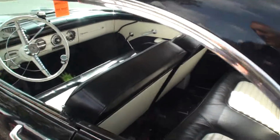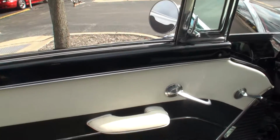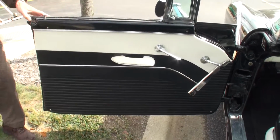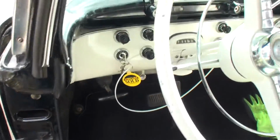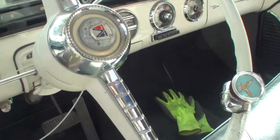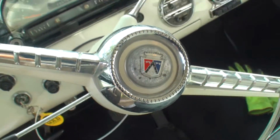Sounds great. Let's open the door and get a look at the interior. I'll hold it. Thank you. And nothing like a 50s interior, which always has a little bit of a look like a parade in it. Just wonderful. There's the steering wheel, the horn,